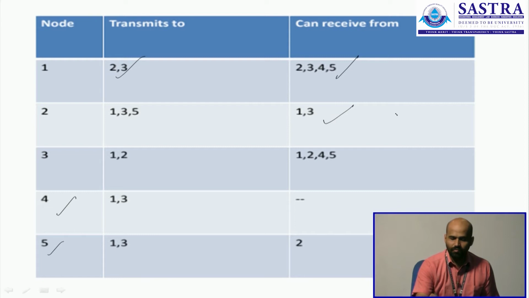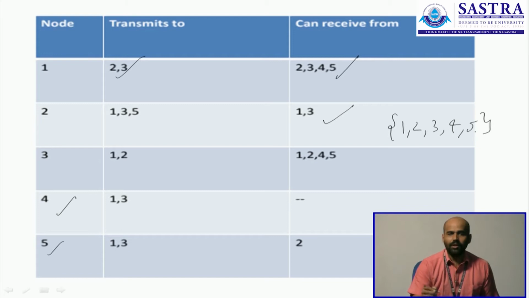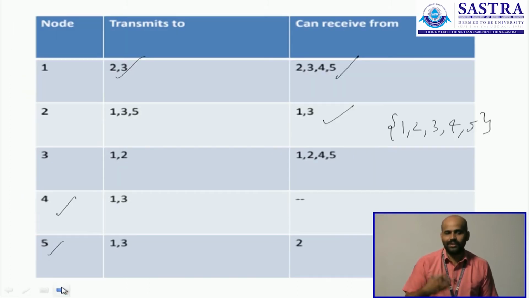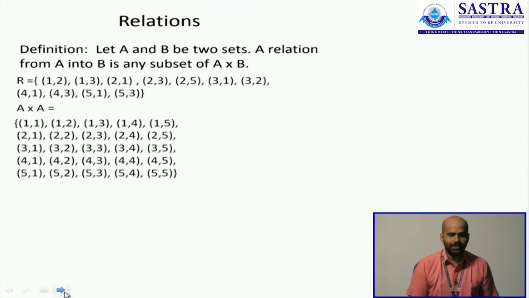In this case we are taking only a single set 1, 2, 3, 4 and 5 and we are determining how it is related with itself. A set of nodes may also be related to itself. So this is how this example tells you. So a relation can connect two different sets, as in the previous slide. It can relate a set of marks to a set of register numbers, or it can also relate a set to itself. These are some minor examples to help you get comfortable with the idea. The formal definition of course comes on the next screen.